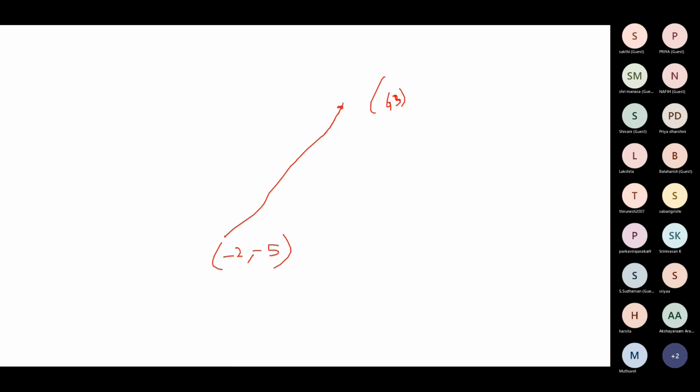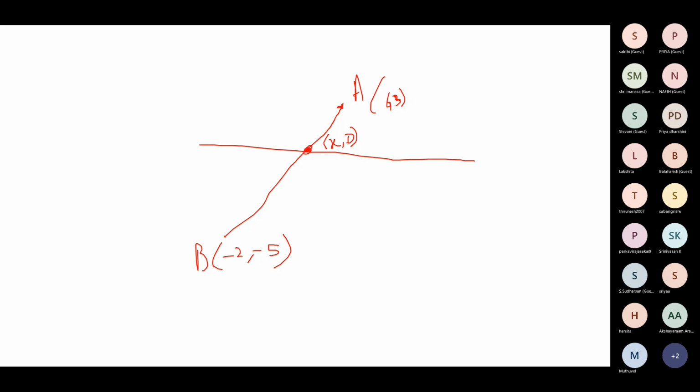So this line segment is divided by the x-axis. In what ratio is it cut by the x-axis? So any point on the x-axis will be of the form x, 0. You need to find the ratio from here. A is 6, 3. B is -2, -5. So this is the x-axis. This is the point on the x-axis given by the coordinates x, 0.